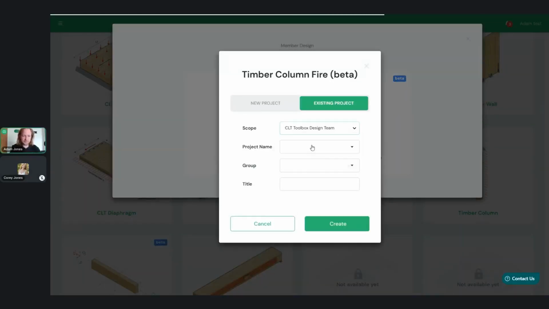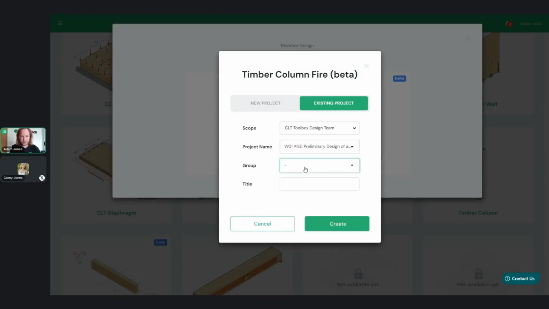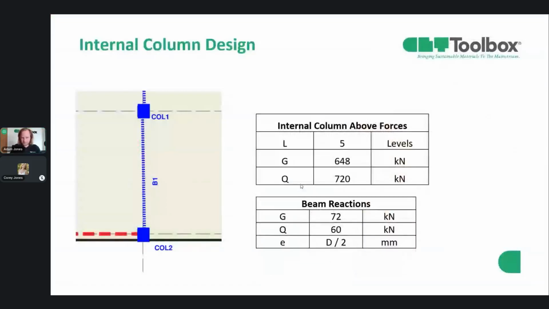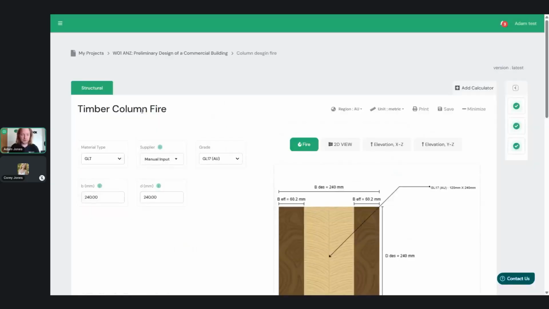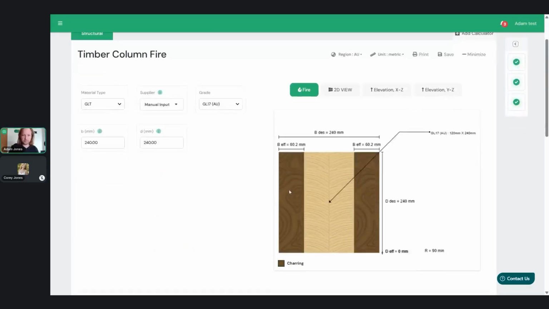Existing project, let's find the webinar we were just working on. You can add it to groups if you wanted to, but let's just do a column design from a fire point of view. In the webinar, we had 648 kilonewtons for 5 levels of load and dead, and 720 kilonewtons with 2 beams connecting in, if you're talking about an internal column. So if we open up the column calculator we just loaded, similar to before,